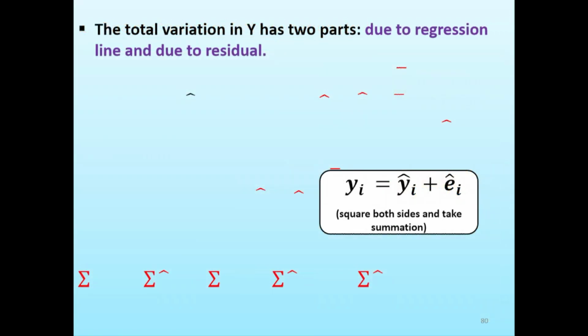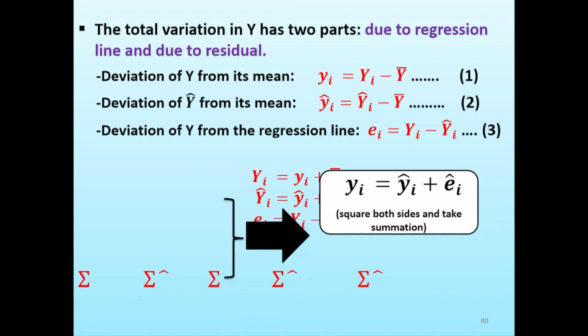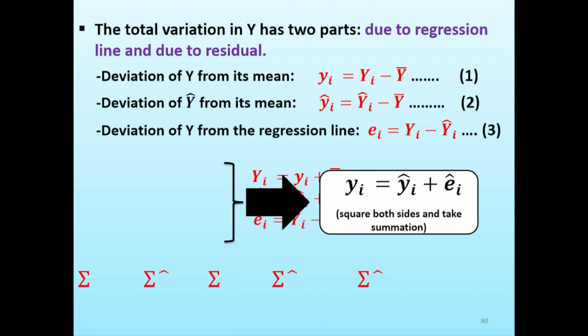so the total variation in y has two parts, due to regression line and due to residual right እንግዲህ total variation y እንግዲህ ሁለት ቫሪዬሽኖች አሉት ላይን የመጣ ነው ማለት ነው አንደኛው በሬዚዱአሉ አንደኛው በሬግሬሽኑ ላይን የመጣ ማለት ነው so first one is deviations of y from its mean right y ከሚኑ ያለው deviation ግራፉ ላይ እንደምታዩት y i is equal to y observed y population